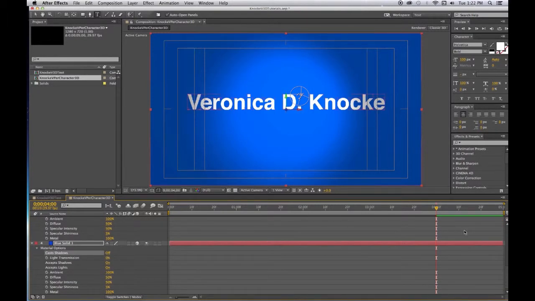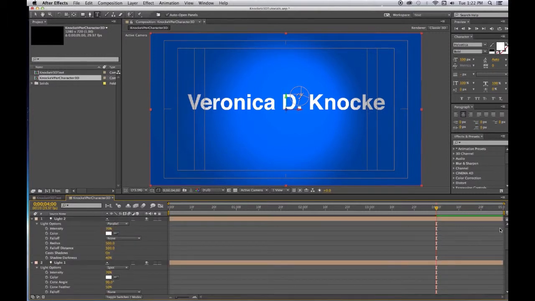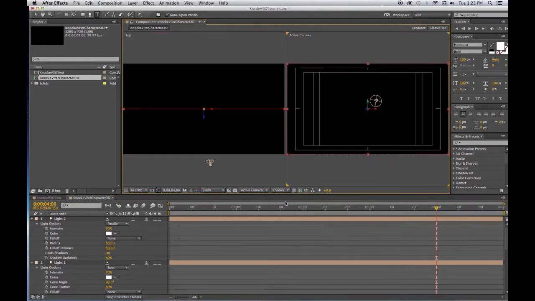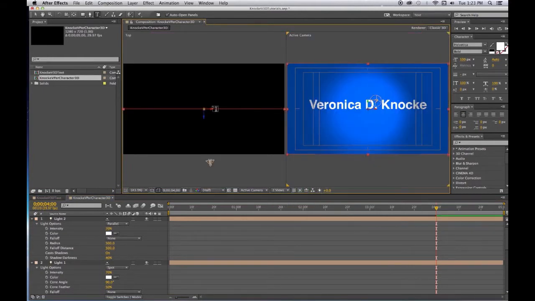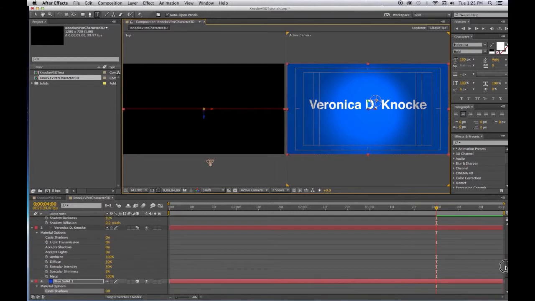You want to have a shadow when it's on the same Z space as the background. And I'll show you that. And it is on the same Z space as the background. And that's okay. I want it to do that. But I do want the position of the text while it is moving